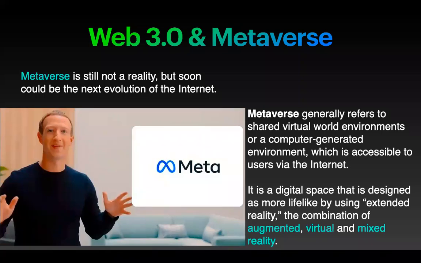See, metaverse can be used not only for promoting your businesses. Many things can be done. It's basically a combination of augmented, virtual, and mixed reality and all, to make the experience much better. So a lot of things can happen with the help of metaverse. Only the thing is we have to understand it. Even Facebook has changed its name to Meta, and that is how everybody heard for the first time what a metaverse is.